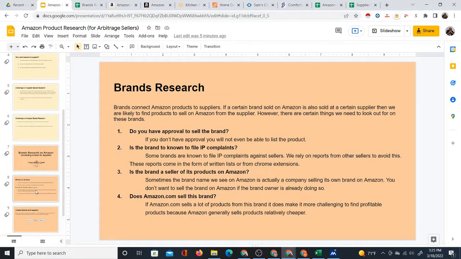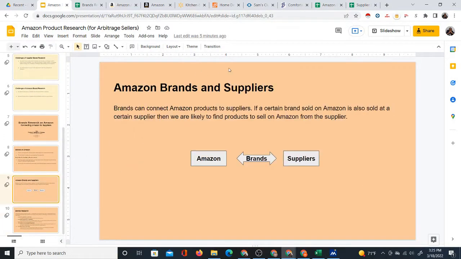The thing I want us to understand is that brands can connect Amazon products to suppliers. If a certain brand is sold on Amazon, and it's also sold at a certain supplier, then we're more likely to find products to sell on Amazon that we can get from that supplier. It's a common ground between Amazon and these suppliers, because as I discussed in a previous video